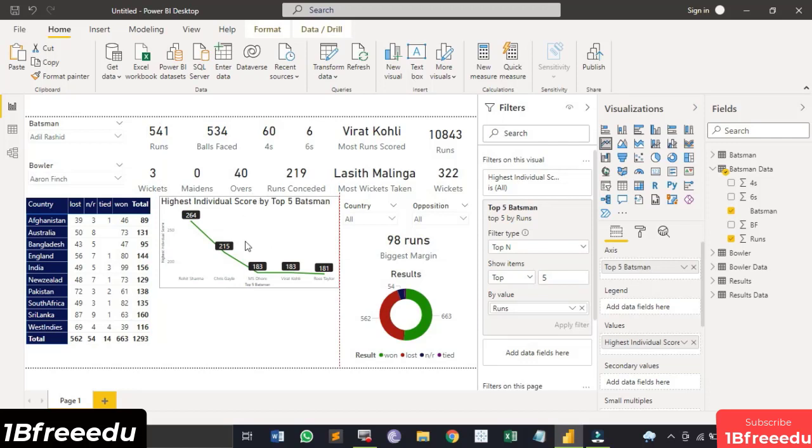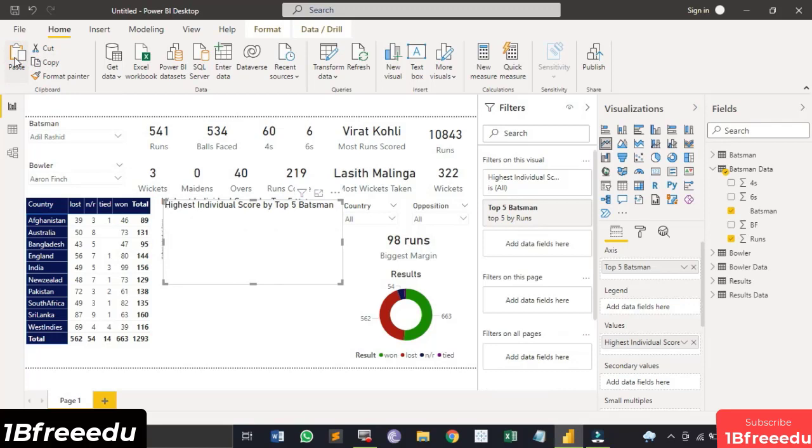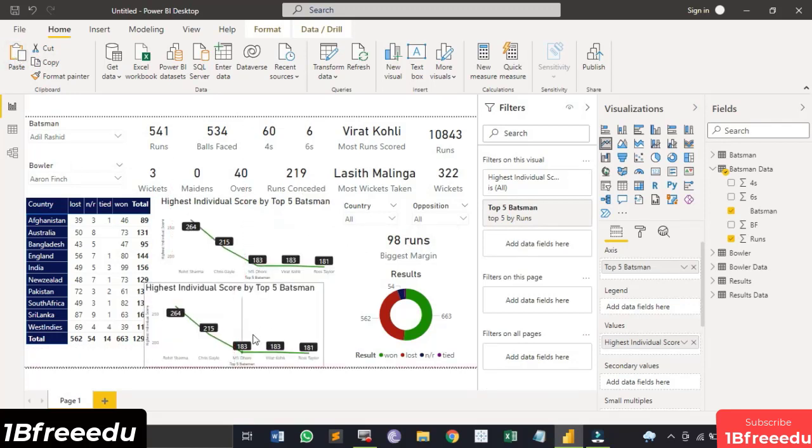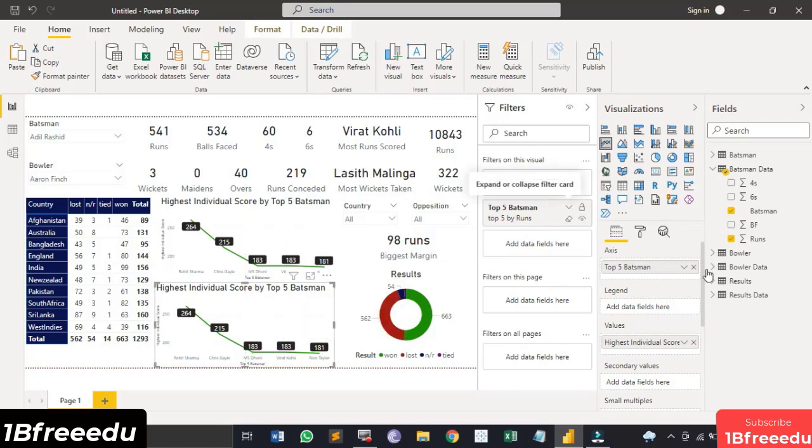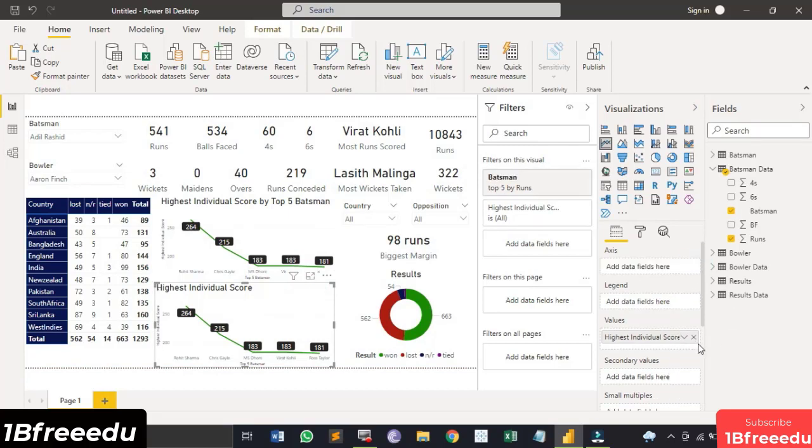Okay, and just like this I have created for the batsman, I can create one for the bowlers as well. So what I'm gonna do is, you guessed it right, copy this visual and paste it, because that would allow me to make fewer changes. The only thing that I need to do is just drag it here, delete the filters because I don't want the normal filters, and delete the fields as well.